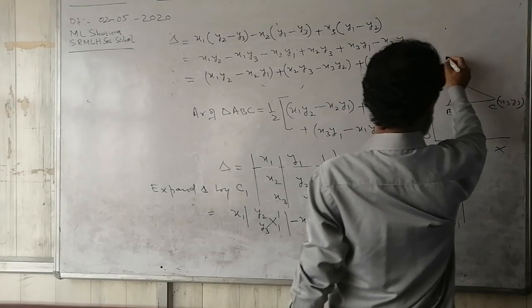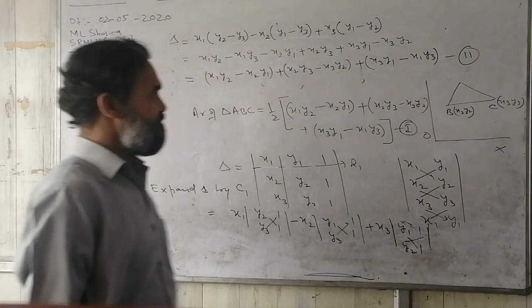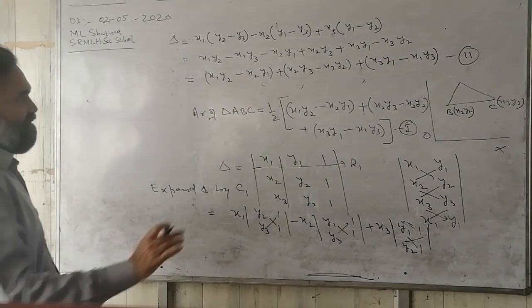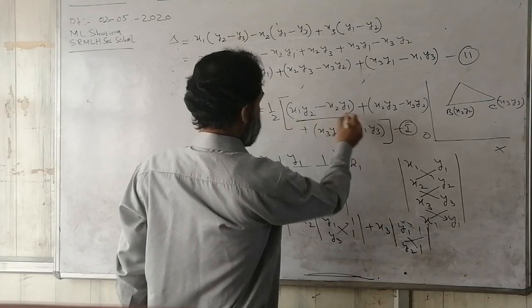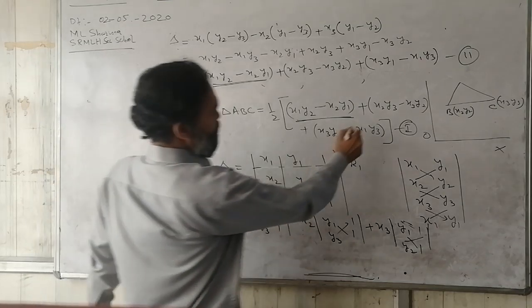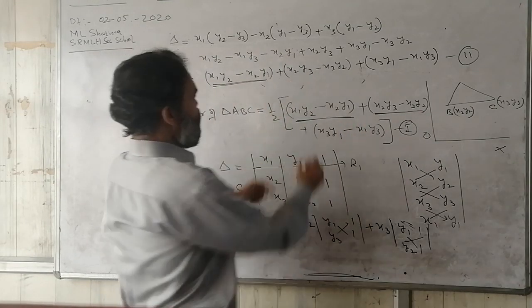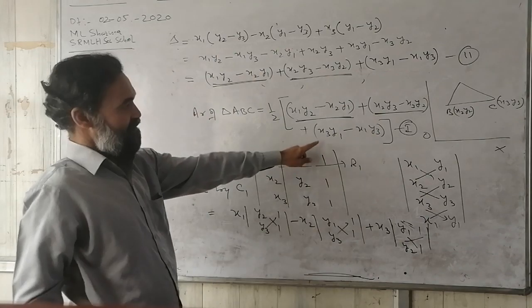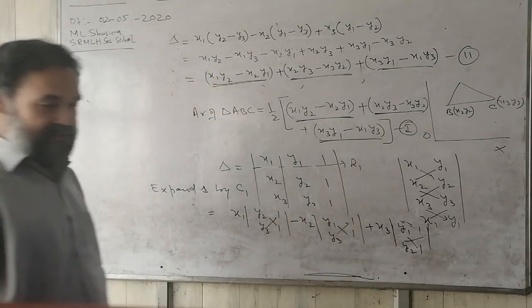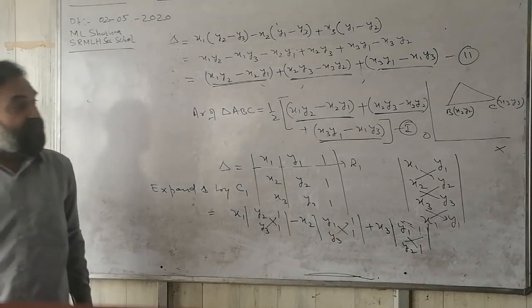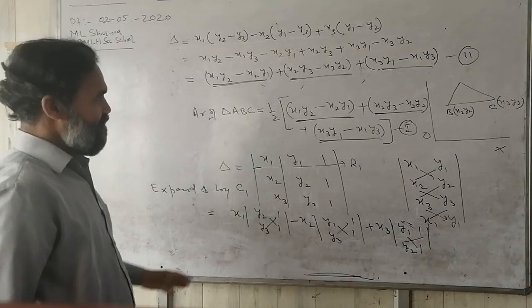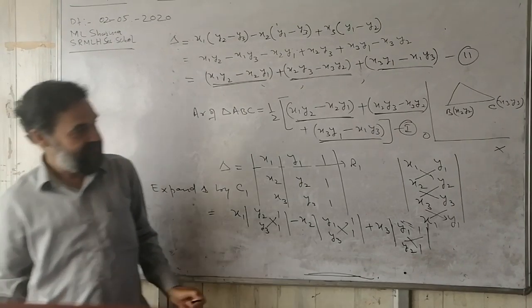So if I say this is equation number 2, this is first, this is second. If I look, the first term is this, which is similar to this term. They are the same. Here this term and this term, they are the same, and lastly this term and this term, they are the same. So from the first and second equation, if you want to note, you can note it just for half a minute.